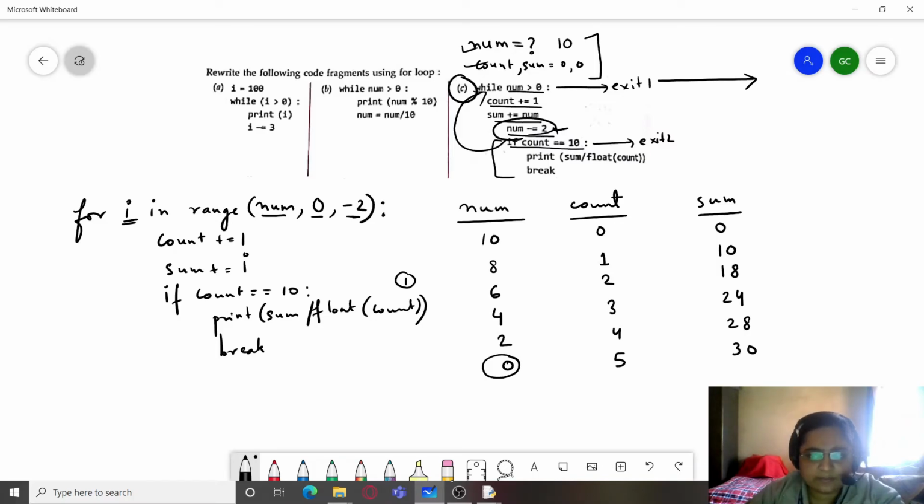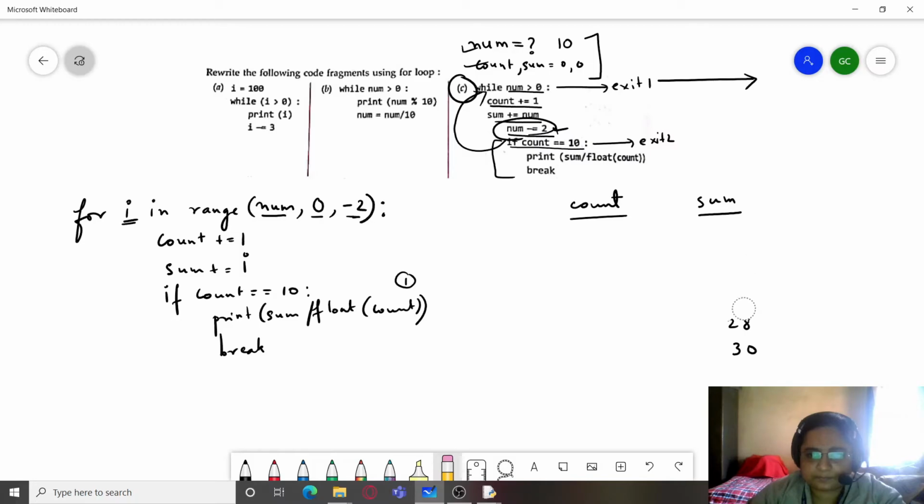So we'll start with i and we'll just compare. So starting values are 10, 0 and 0, and starting i, now instead of num we are going to take i. So I'm just going to remove this line, and let's take all the values and check what they give us.